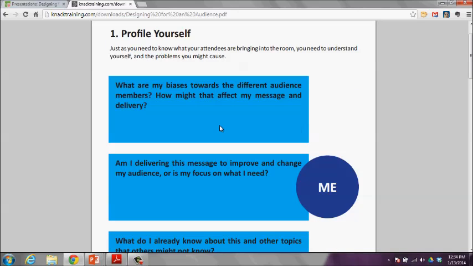Well, the situation here is if you are presenting information to people, you probably know at least some of those people who are coming in the door. And even if you don't know them personally, you know the types of people who are coming in the door for this presentation. And you have certain biases, you have certain reactions to the people who are coming in. And those biases are going to affect how I deliver my message and what my message even is in the